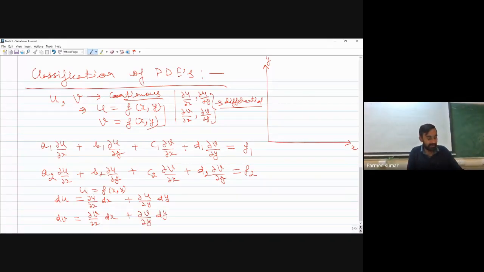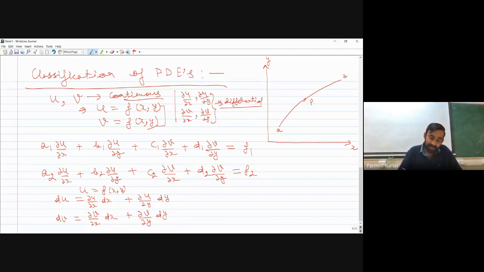Okay, so this I can write by using the chain rule. Now what I have done, I have considered some point P in my flow field, and some curve, some unique direction AB which is passing through this point P, and over this entire direction AB, our u field is differentiable with x and y.